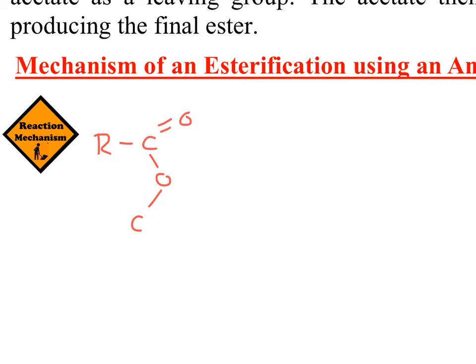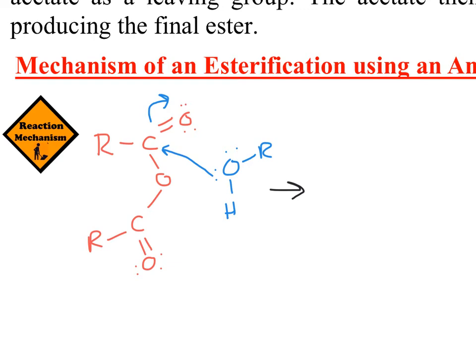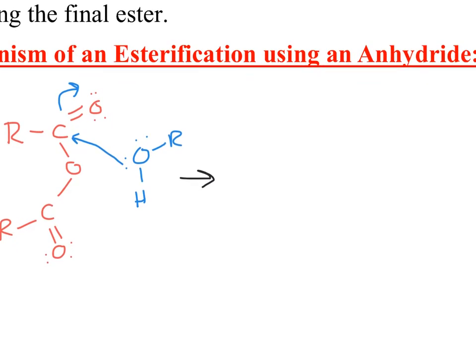Carbon, R, and our alcohol will act as a nucleophile, and it's going to add to the carbon of our carbonyl. Electrons roll up onto that oxygen, since we're attacking this carbon of this carbonyl, and that will provide the following tetrahedral intermediate: